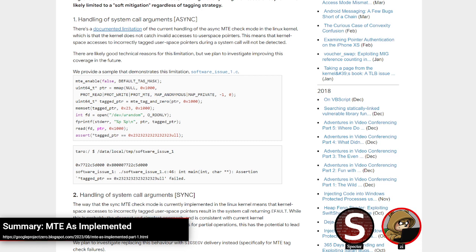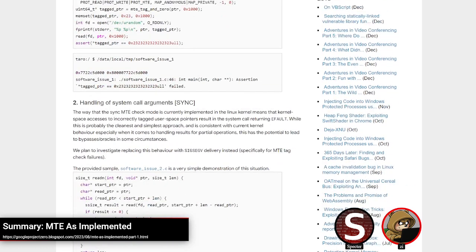On the second one, sorry, lost my place in my notes. In synchronous mode, when you're running in synchronous mode, that instruction will fault, and you will get an error. The kernel isn't going to crash on you because the kernel, of course, doesn't want to just crash all the time. So what the kernel is going to do